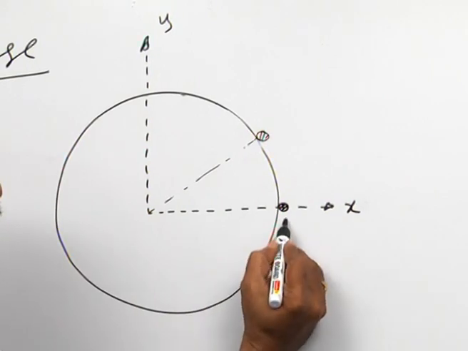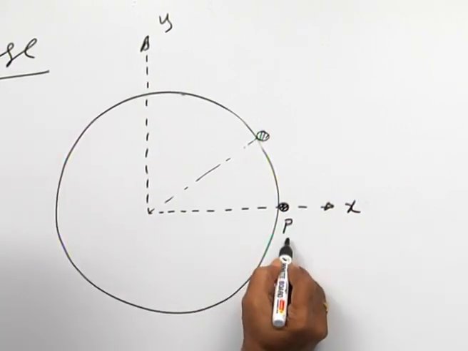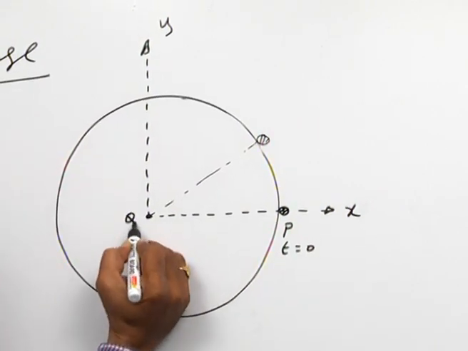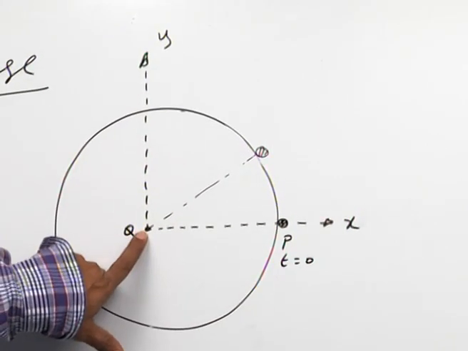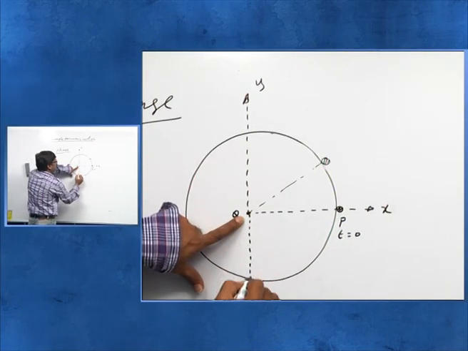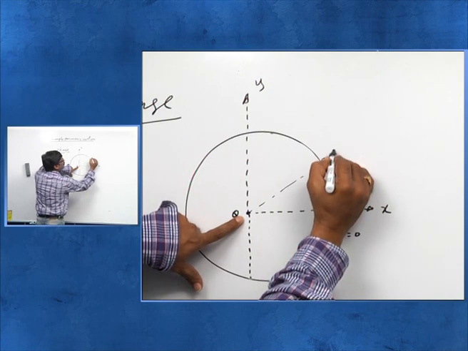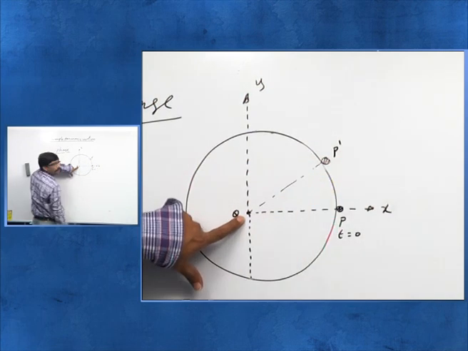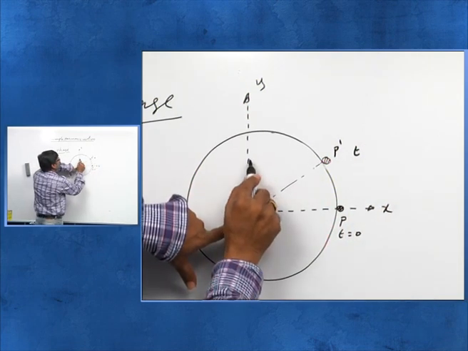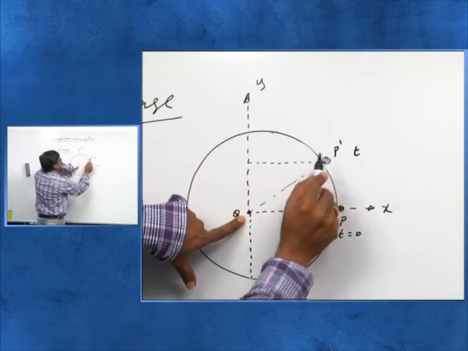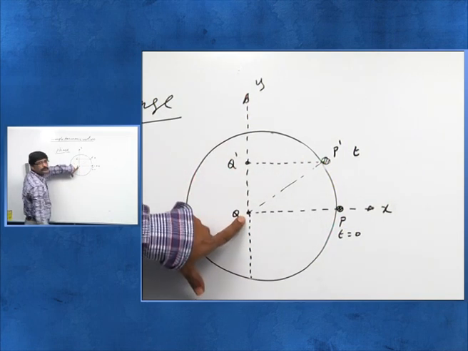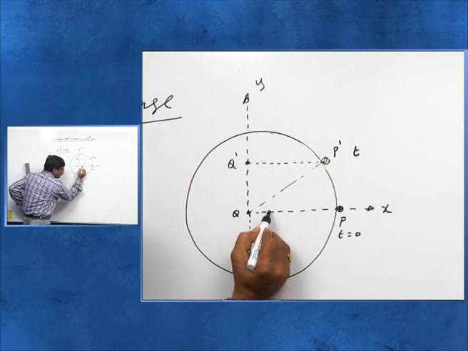P is the initial position, that is at t is equal to 0, and its projection is Q. Q is called the mean position. After some time t, P has moved to P prime. The projection Q moves to Q dash. This angle theta